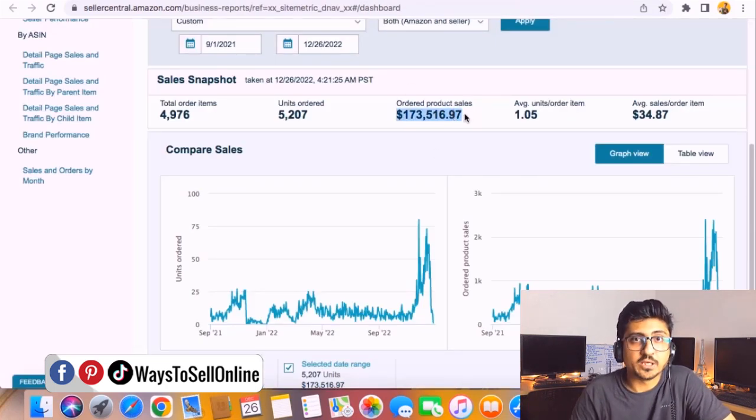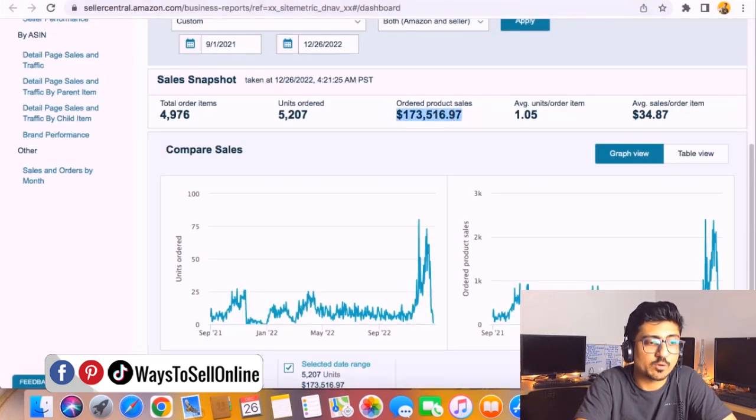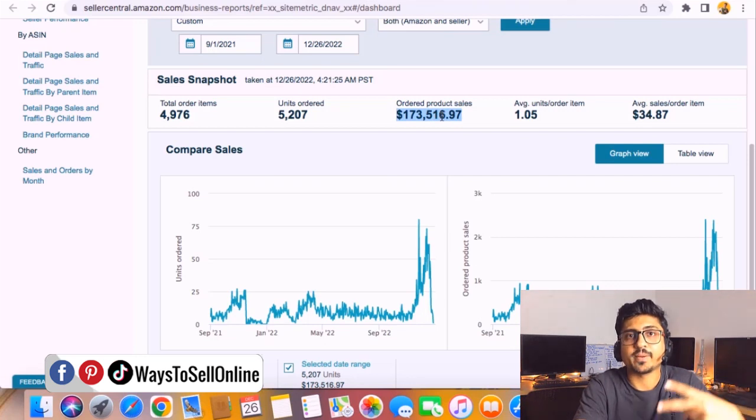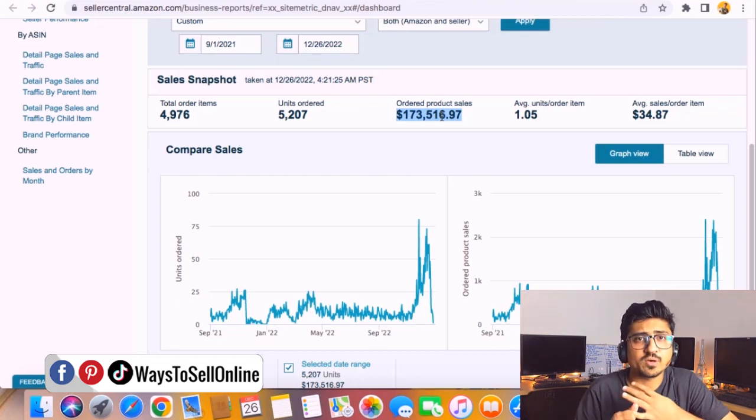So that is literally huge, because if you subtract this $16,000 from this amount, that will be a huge profit. If I break down all of these stats in front of you, if I deduct from this amount the amount I paid to PPC, the amount I paid to the supplier, the amount I paid to the freight forwarder to ship my product from China to USA, the amount I paid to my photographer, the amount I paid every month to Amazon, if I deduct each and every single amount, I still got around $80,000 profit